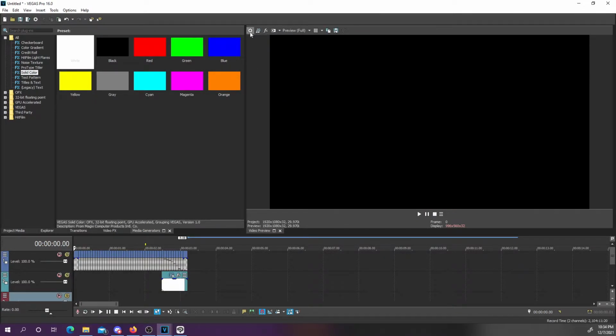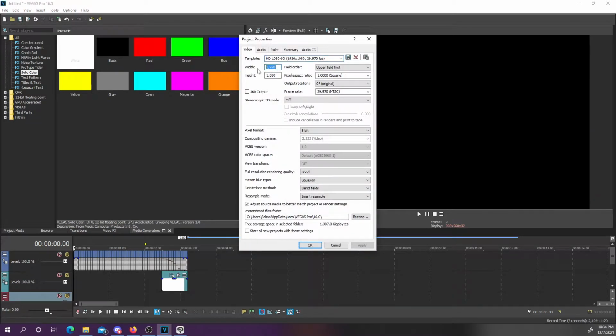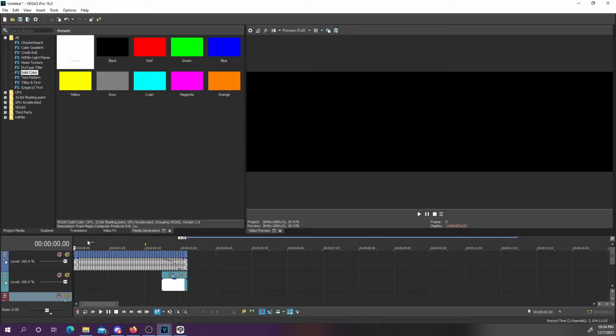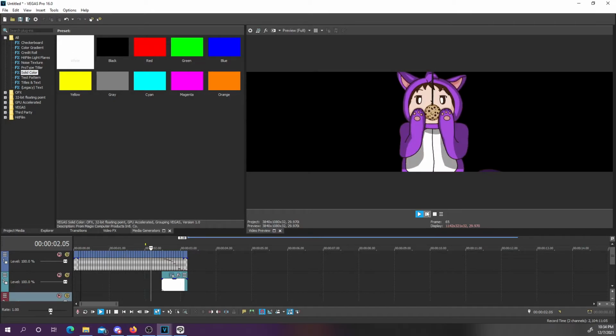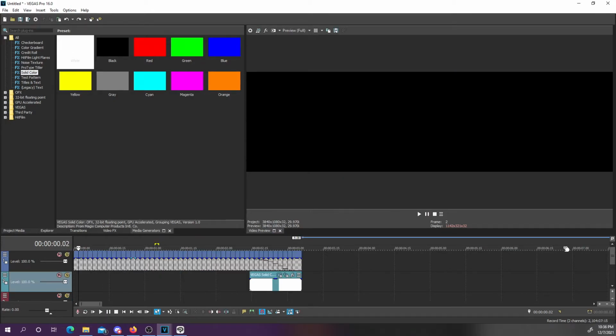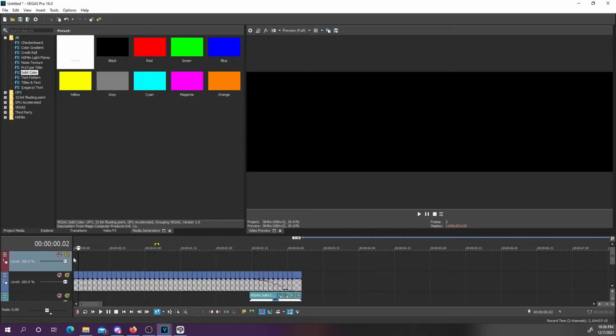Then what we're going to do is put our canvas to 3840 by 1080, click OK, and we're going to have this big old canvas over here. Now this part is a little tricky, a little more tedious than the previous part, but it's completely worth it, I would say. So we're going to move this last one up here, and from just the regular animation raccoon transition, we're going to copy all that,